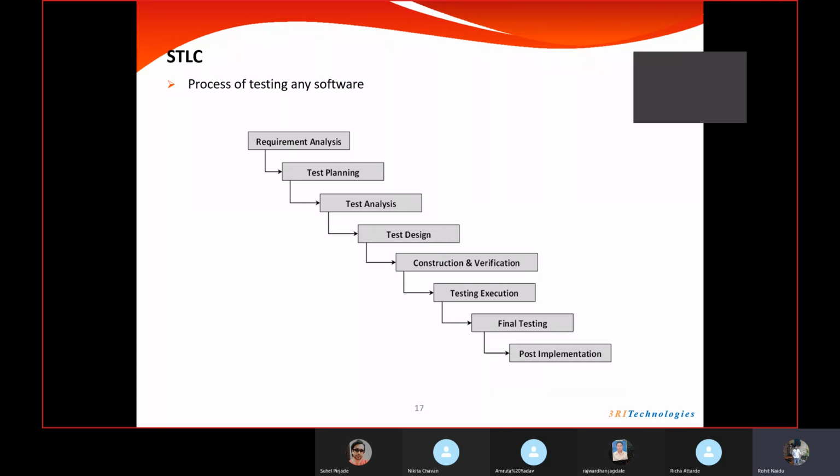Then let's say there will be some requirements which are related to the server, or related to traffic, or related to stress. Let's say our application is being used by 1,000 users at a time. Then we need to know how our application is behaving, whether it is withstanding the load or whether the application is getting very slow. We will have to test the performance of that application when the load is high. So all those things come under performance testing, that is called non-functional testing.